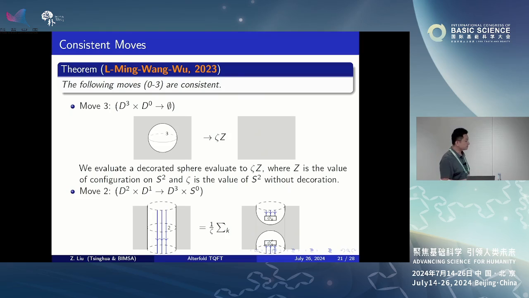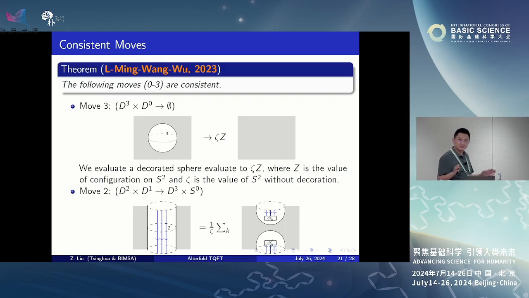And the second relation. By the way, how do we read this for all dimensions? This will be a 3-dimensional disk multiplied by a single point, just a single disk. And we remove that. Okay, this is the relation. And next relation, this is D3 cross D0. The next one will be D2 cross D1. So that's a 2-dimensional disk cross the interval, and we have data on the interval. And for the second coordinate, it's a small neighborhood. So we can consider this as a small neighborhood of a disk, so it will be the identity map. And then we change that to the shape of D3 cross I0, like 2 balls. And the relation will be the resolution of identity.